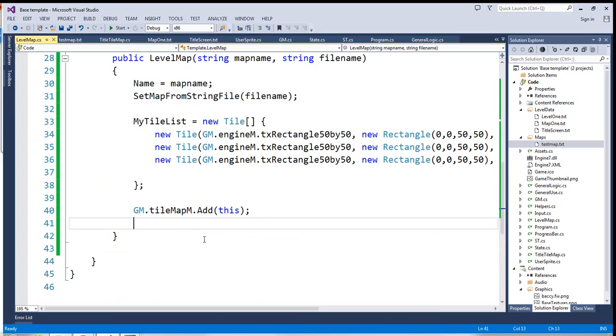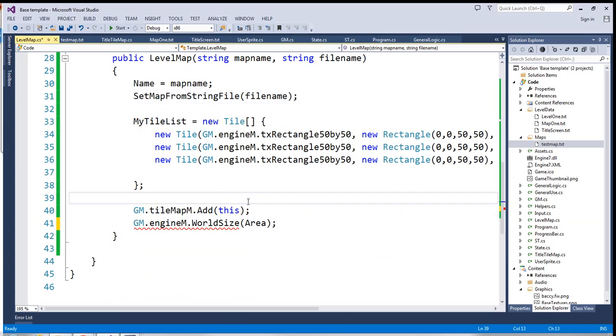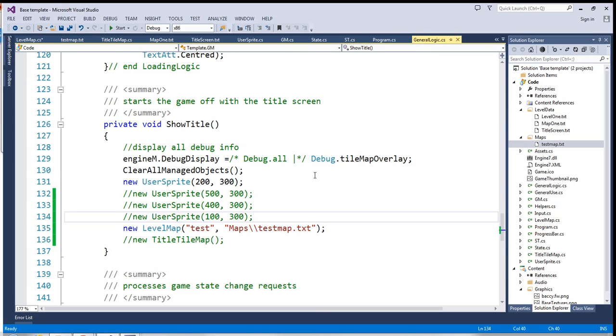So at the end, what I can do is I can say gm.engine manager.world size and say, right, okay, the area of the tile map. So that will look up the tile map and say, right, how big is it? Right, I'm going to make the world that size. And you can verify that this is correct by